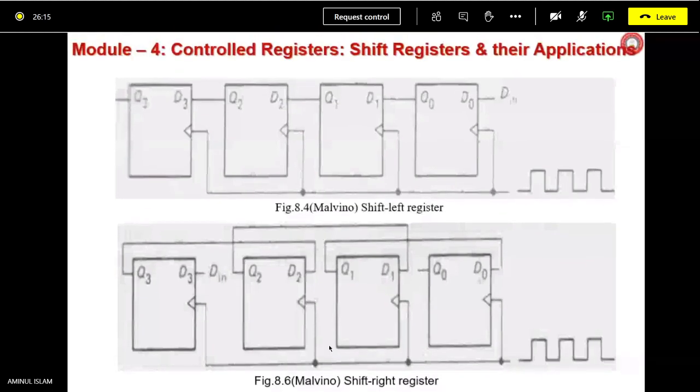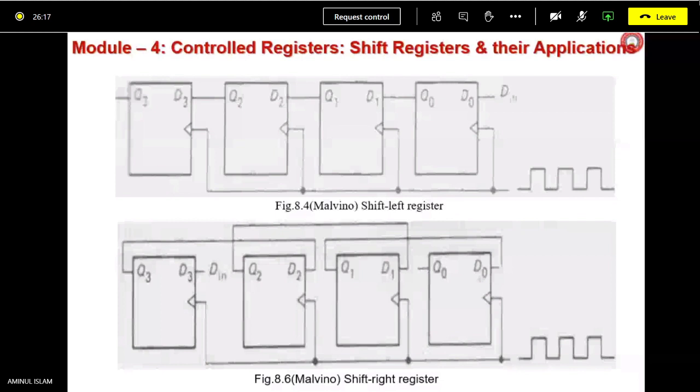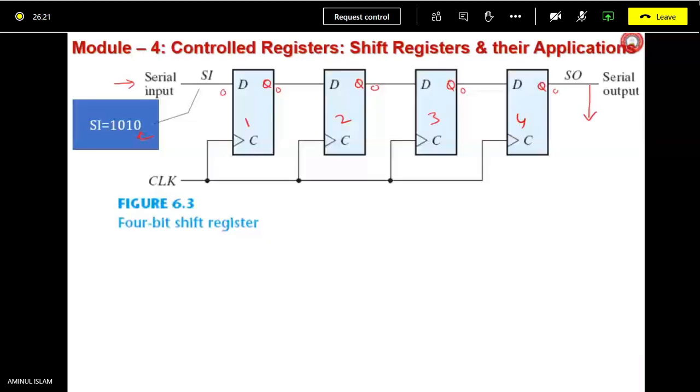Here in this diagram, the clear control signal is not given. Otherwise, normally there will be a clear or reset signal, which will be clearing the flip-flops at your own wish. Okay, so initially all are 0, for example.